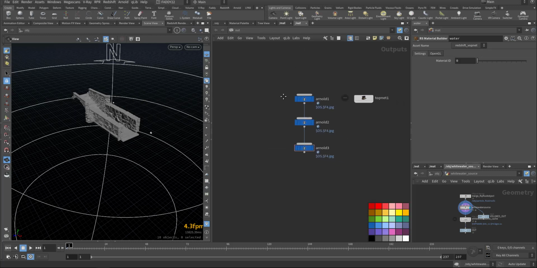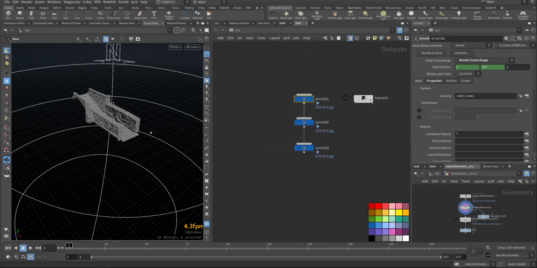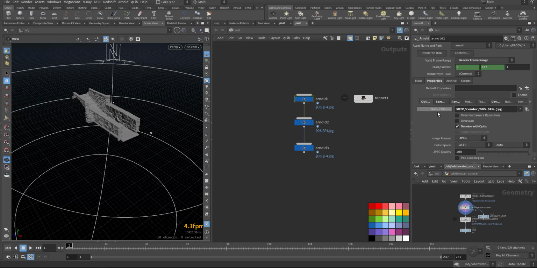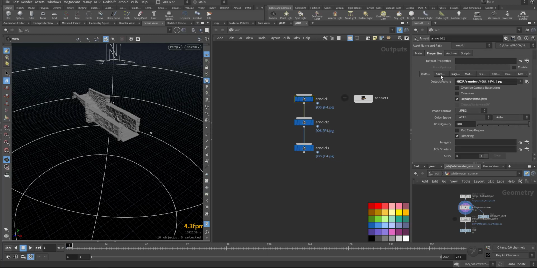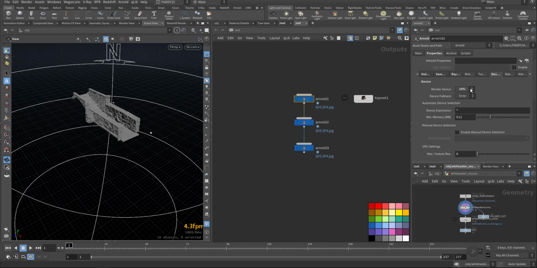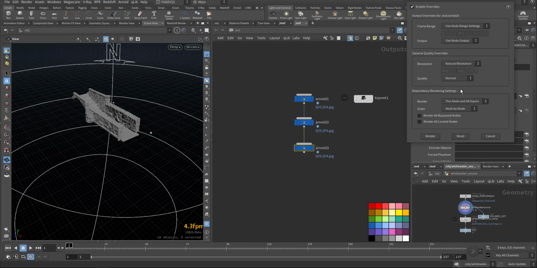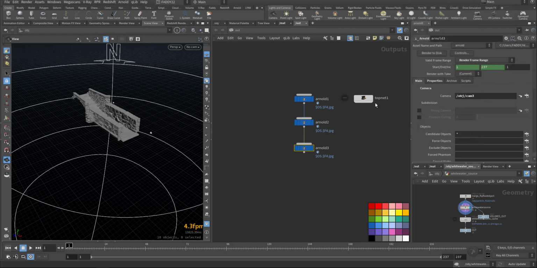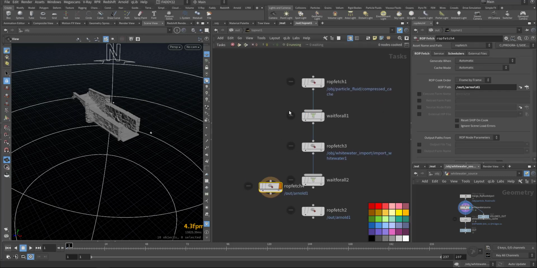In the out, I have Arnold. Property, I kept it the same, just a JPEG. Sampling, I went down to 2, and I minimized the total rays and the transmission and transparency. And device, I used the GPU, so they are running in sequence, and in the control I make it node by node, so it will finish the first node, then the second node, then the third node. In the top here I was doing the simulation one by one, cache and fetching,